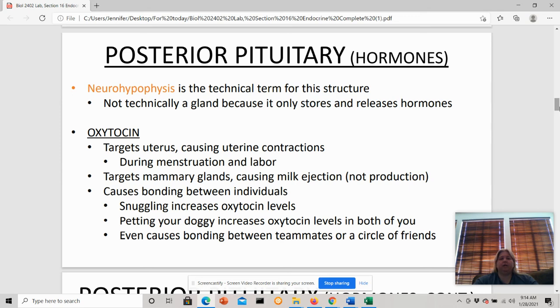It's also known as the cuddling hormone. It increases bonding in individuals. So if you snuggle up with somebody or even your pet, it'll increase oxytocin levels. Then